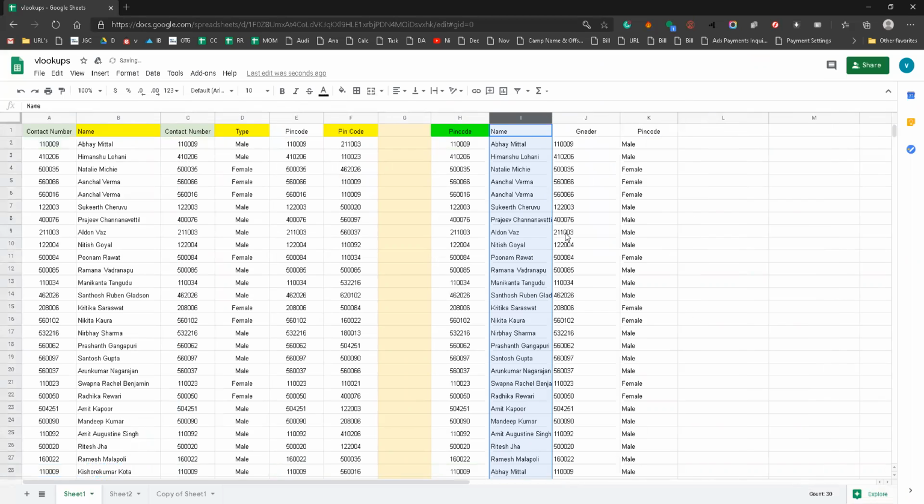This is the main concept. With a single formula, we can fetch whatever data we have, all the data of the customers. This way, we can sort many lakhs of rows of data, which helps reduce our time.